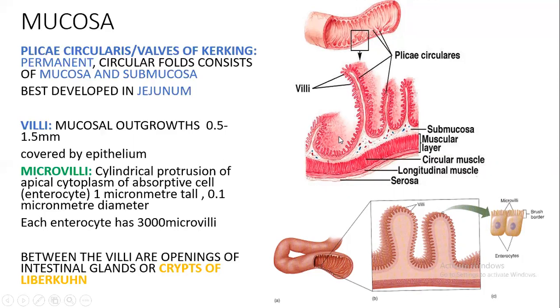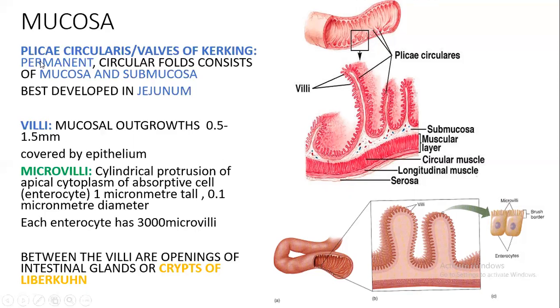They appear in the distal duodenum and appear throughout the jejunum, and are a well developed feature of jejunum, and they appear in the first half of ileum and then they disappear. So plicae circularis are folds of mucosa, epithelium, lamina propria, muscularis, as well as submucosa. They are permanent folds in comparison to the folds known as rugae, which you observed in the stomach, which were temporary folds that disappeared when the stomach was full and distended.